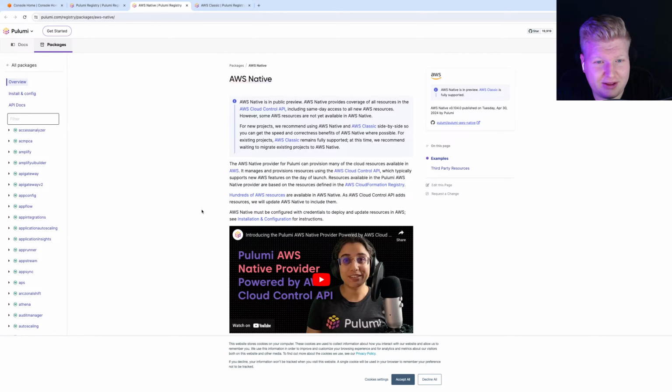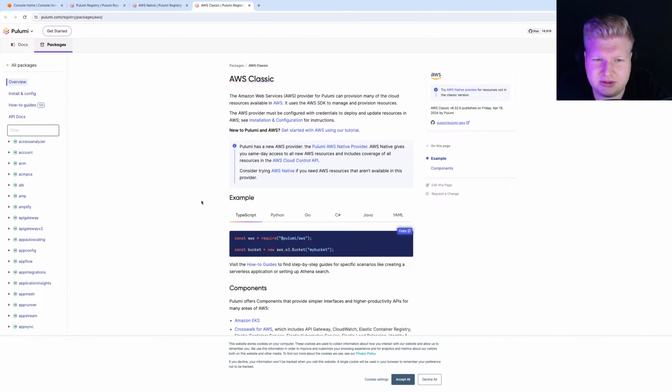What's the difference? AWS Native is in public preview. AWS Native provides coverage of all resources in the Cloud Control API, including same-day access. Oh, got it. So this is more like the Classic API. Pulumi has a new AWS provider. Back then, all of these providers like Terraform or Pulumi had to integrate with classic API calls on AWS.